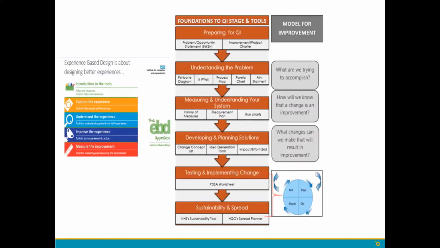This is the model that we use in our E-QIP model for improvement, and then the various foundations. As you can see, the basic model for improvement stands on the three aims, the triple aim. What are we trying to accomplish? How will we know that change is improvement? And what changes can be made that will result in improvement? And this is what we use in the quality improvement template that we will be sharing with you in the